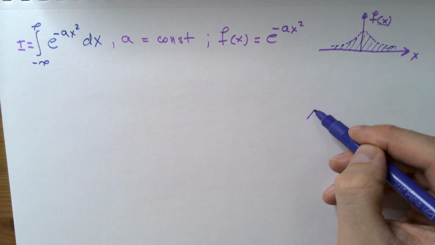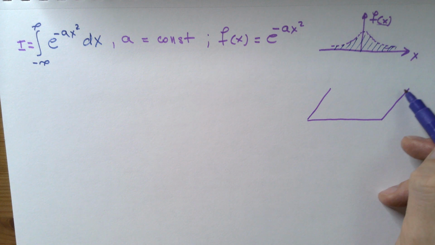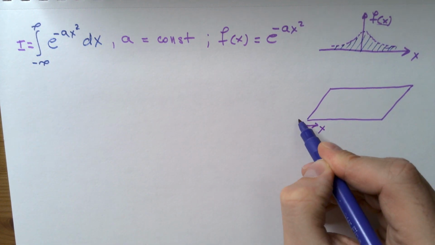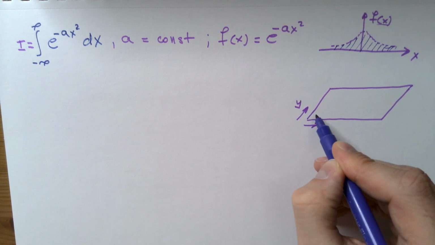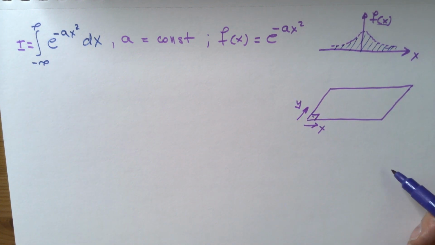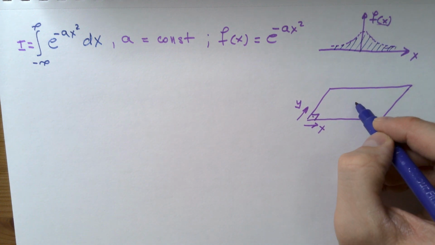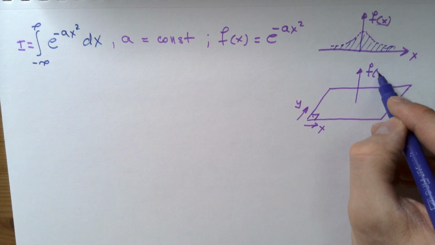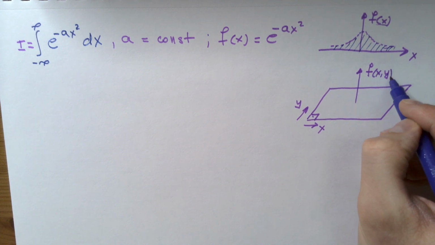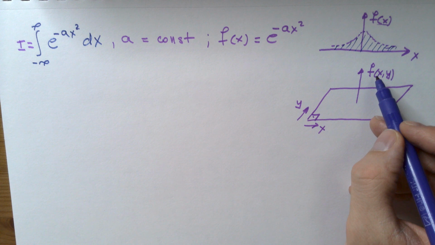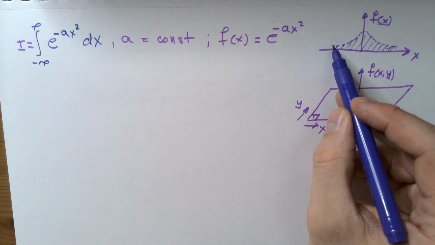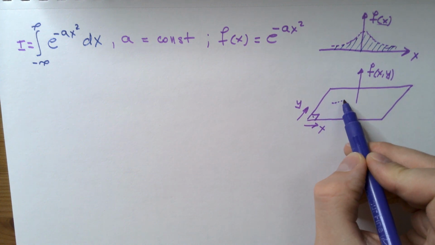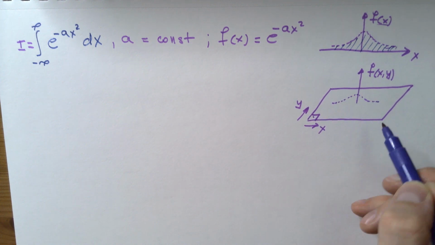Namely, what do I mean by that? Let us plot a nice two-dimensional plane. This is x, this is y direction. This is a 90-degree angle. If I introduce a vertical axis here, where I will plot the values of my two variables function f of x and y, then in one dimension, namely x, I would have this similar curve like so,